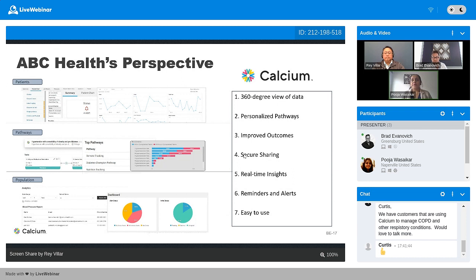At the same time, you can also manage and track your entire patient population, see how your patient population is really doing, and analyze and segment different populations to create and improve the health pathways. All of this is really designed in a way to give you real-time insights, give you reminders, alerts and notifications when your attention is needed, and help you automate some of these workflows, like calling people, asking them to monitor their blood pressure, or sending surveys to people, or some of those manual, time-consuming activities. All of those could be automated via the Calcium platform.